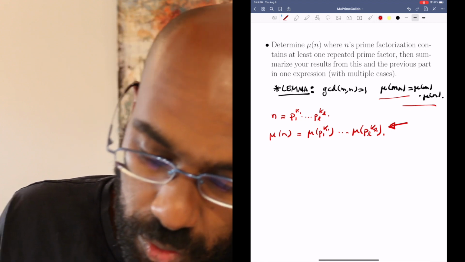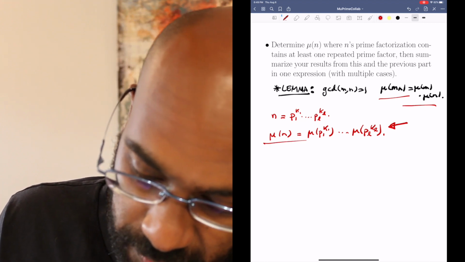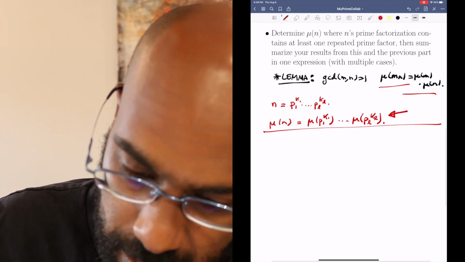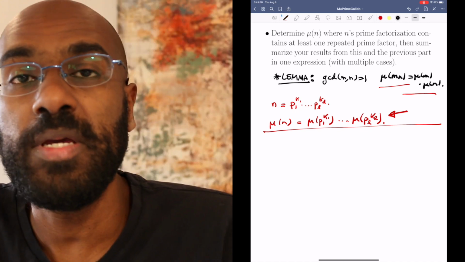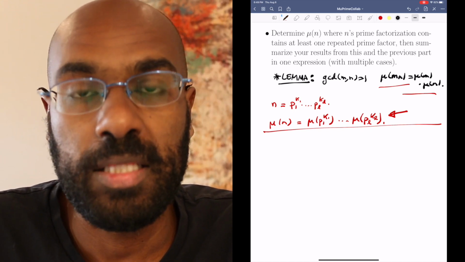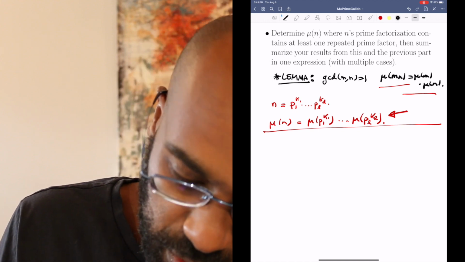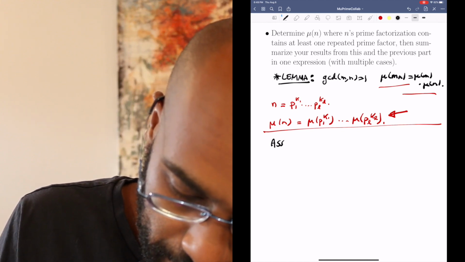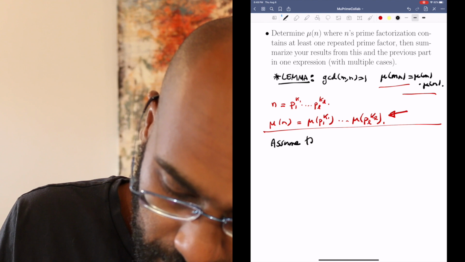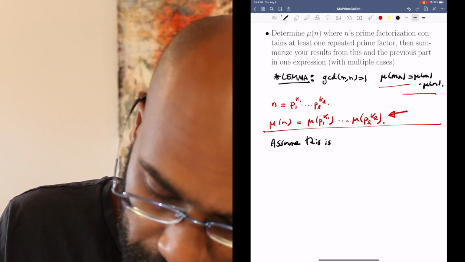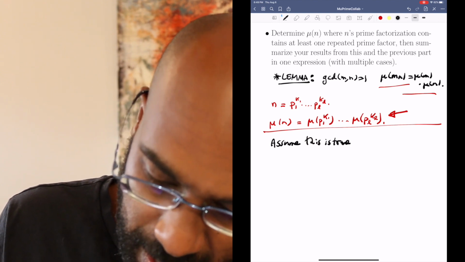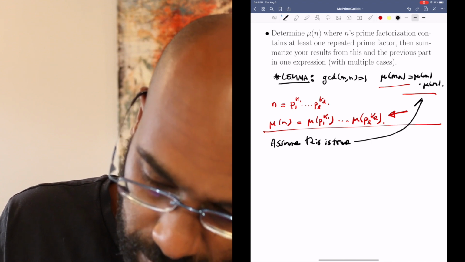All right, let's go ahead and actually give this proof, which is going to be quite interesting. The proof is going to be inductive. I won't prove the base case, and I'll leave that for you. And so what I'll do is assume this is true, and what I mean by this is true is I mean this expression here